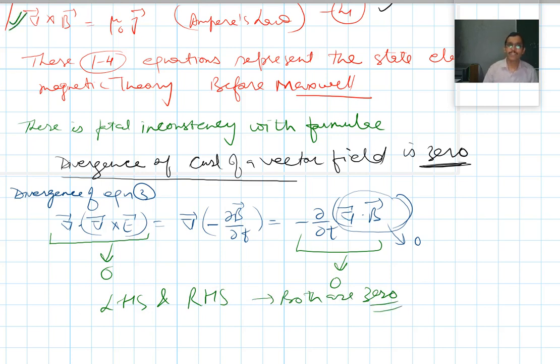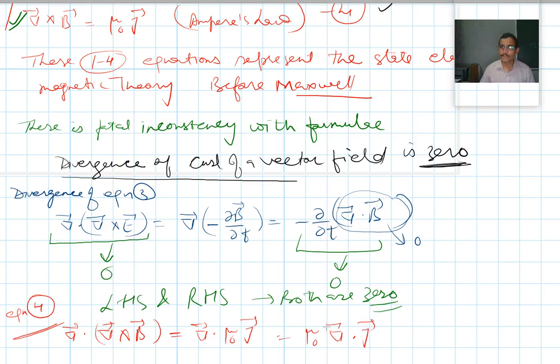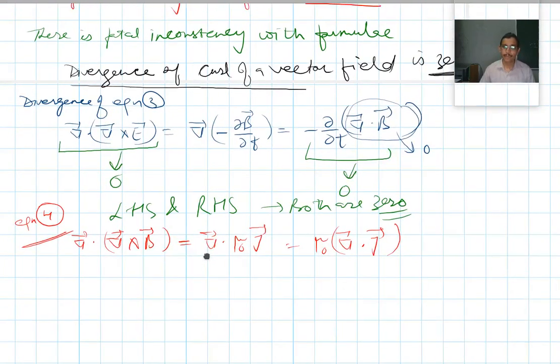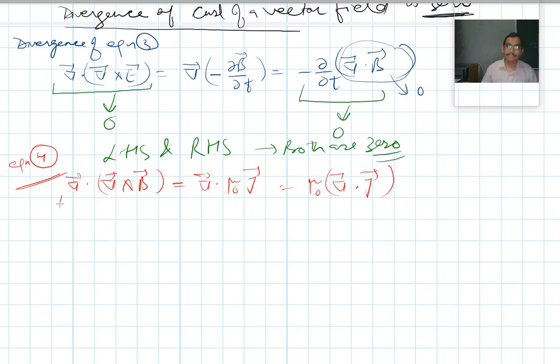But what happens to equation number 4? If I take the divergence of both sides of equation number 4, I can write del dot del cross B equals del dot mu naught J, which is mu naught times del dot J. The left hand side is the divergence of curl of B, which is 0, but